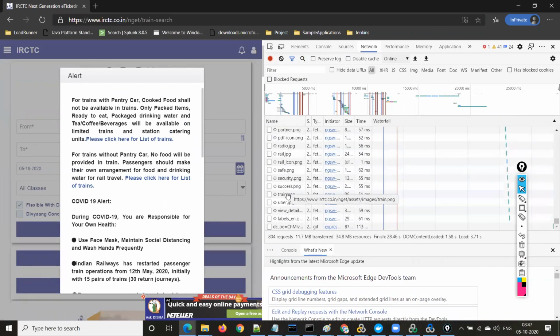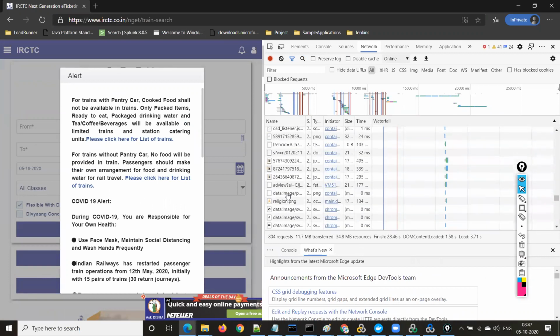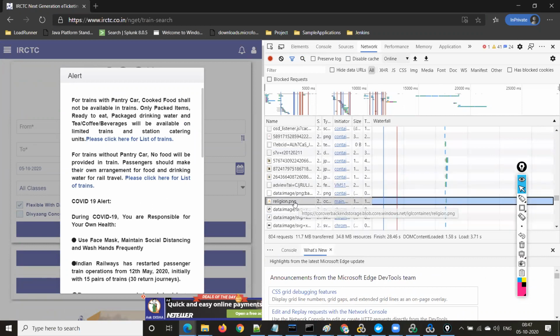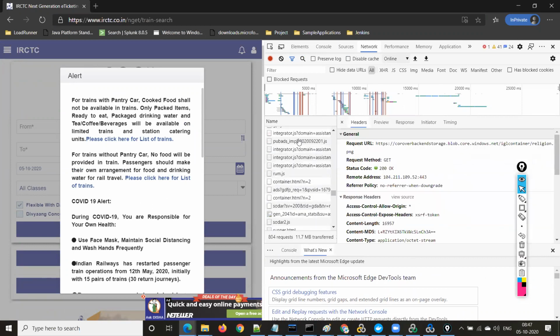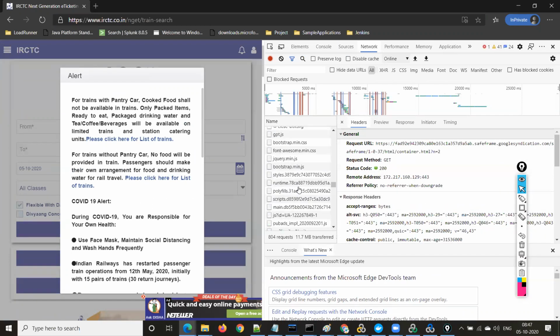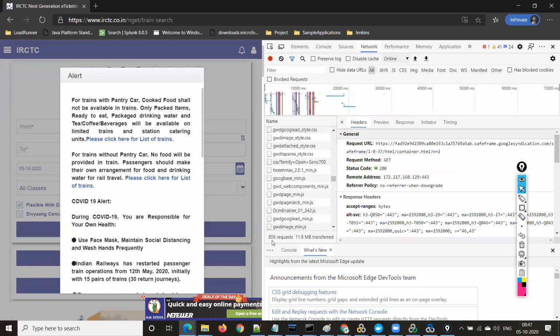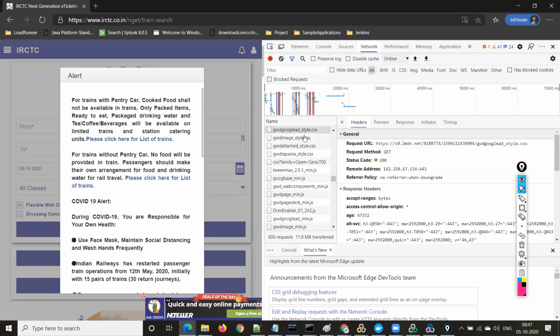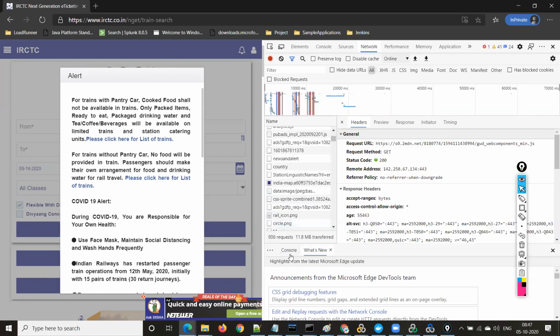You have different images, HTML files, and CSS, JavaScript files, and so on, right? Here you can see images and HTML files, JavaScript files, .js files. But there are a total of 800 plus requests. As you can see here, there are a couple of CSS files, JavaScript files, and so on. So a request will have many hits, right?